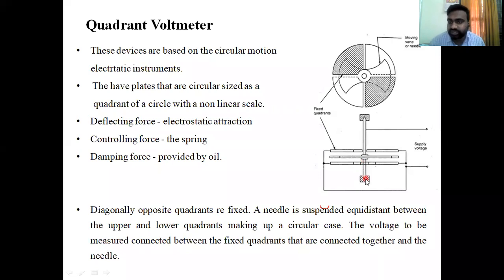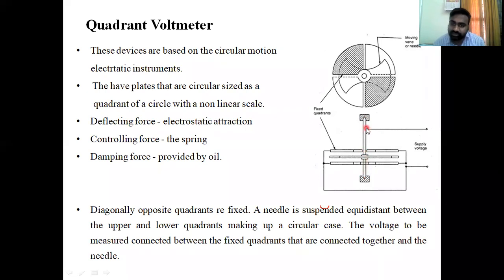Someone posted in the chat, what is meant by spindle? A spindle is nothing but a vertical conductor where we connect all these fixed vanes, moving vanes, and needles. Mostly the needle is connected next to the spindle always. In the presence of a magnetic field, as in PMMC instruments, or in the presence of an electrostatic field, whenever we come across such a field, either magnetic or electrical, the spindle will start rotating, and with respect to the spindle, the connected needle will start moving on a particular calibrated scale.